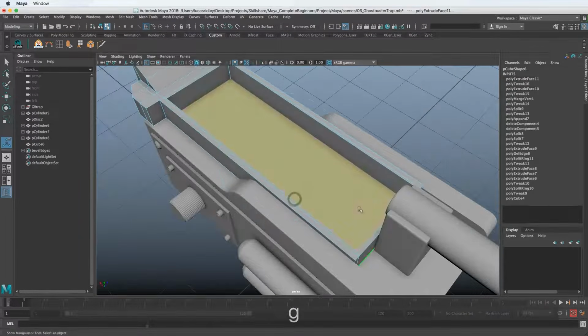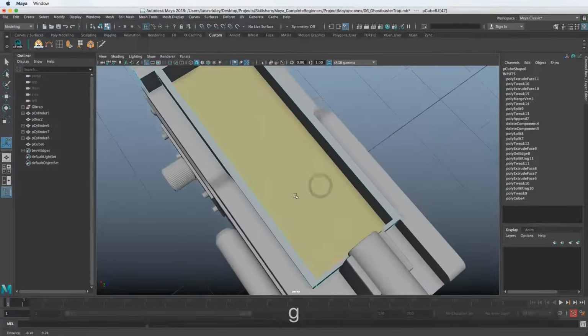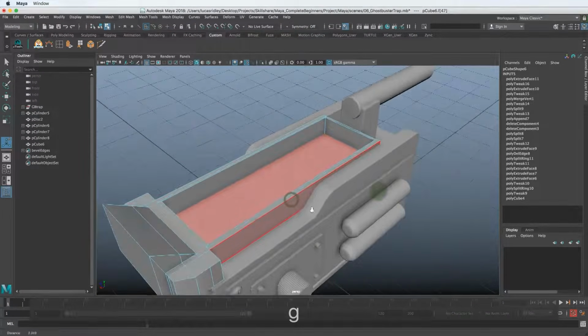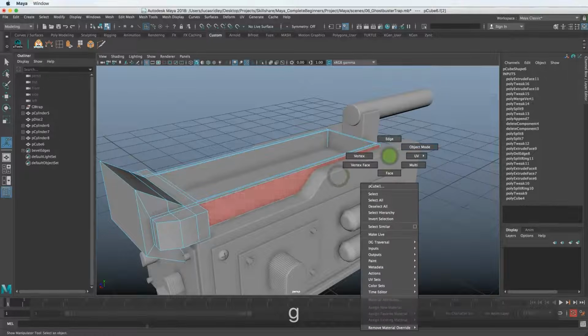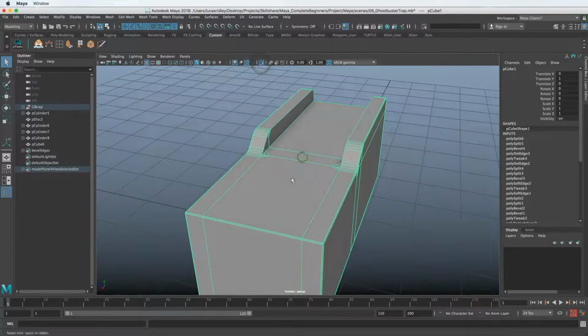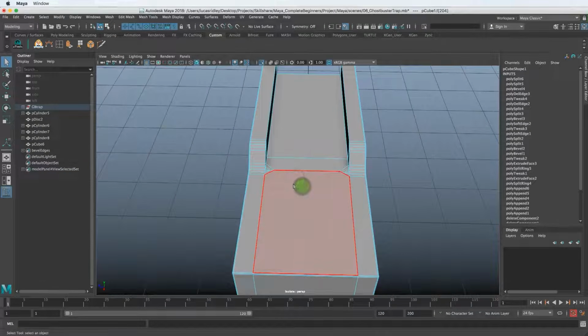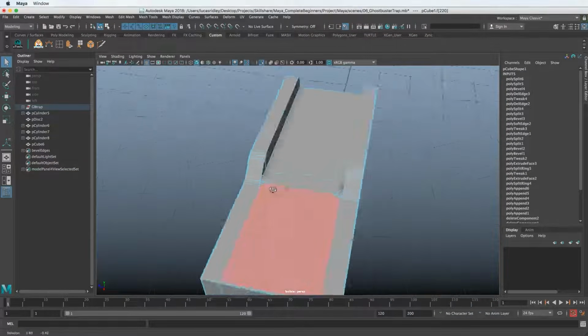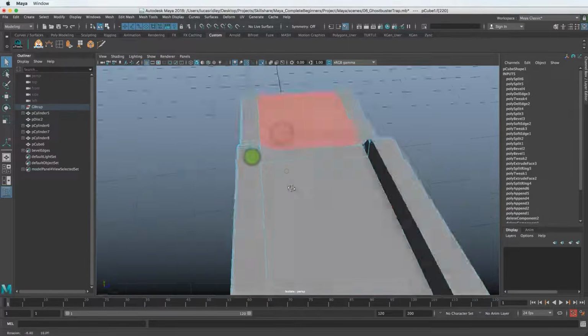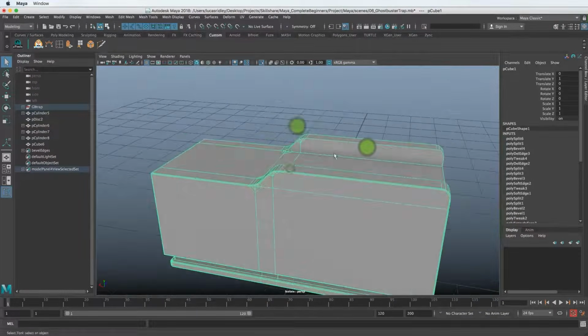And we could also make it a deeper hole if we wanted to by doing the same thing here. So let's isolate select this piece. I'm going to go to the object mode, select that piece, and go to isolate select. And we can see we have a lot of faces here that we would need to extrude down. So that's something you can do as well to make that a deeper hole.